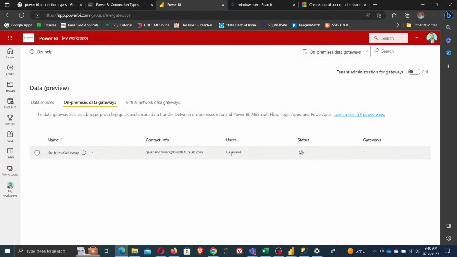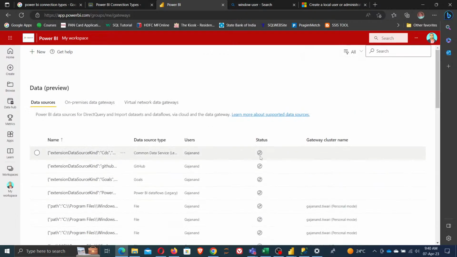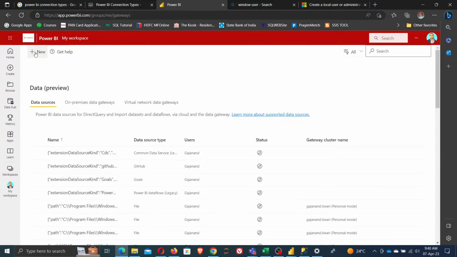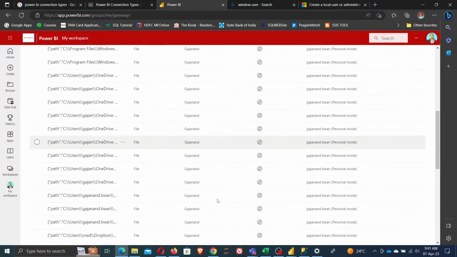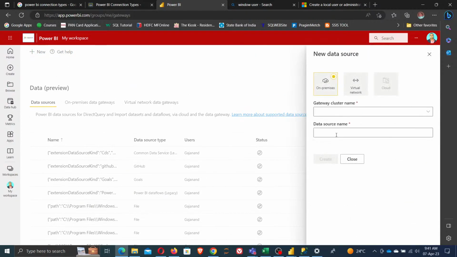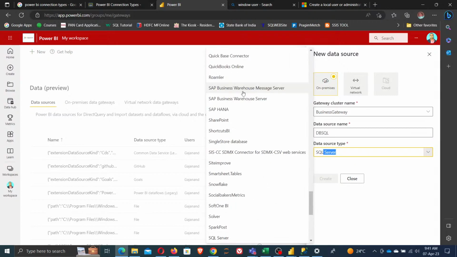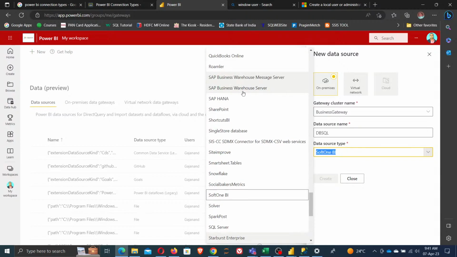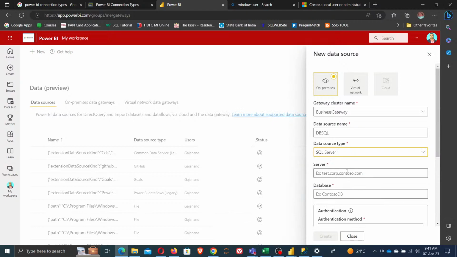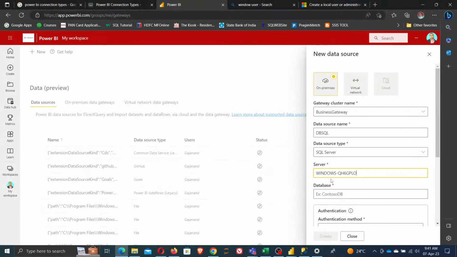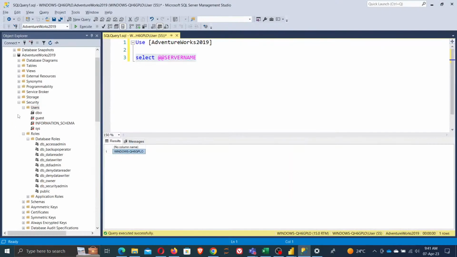Remove this one. Cluster business gateway, data source DB SQL, SQL server. Server name is this. DB name is